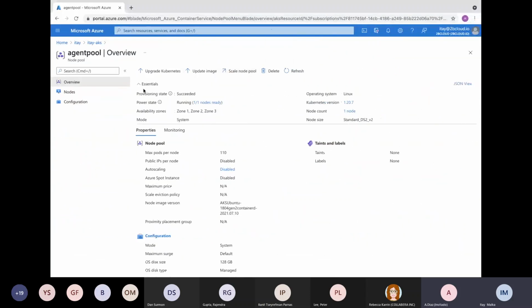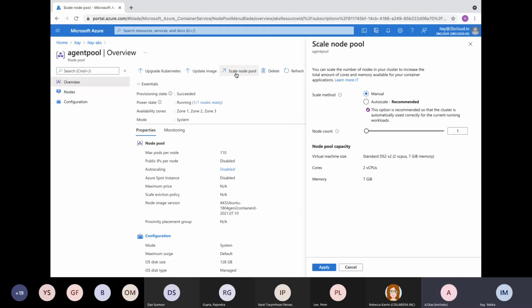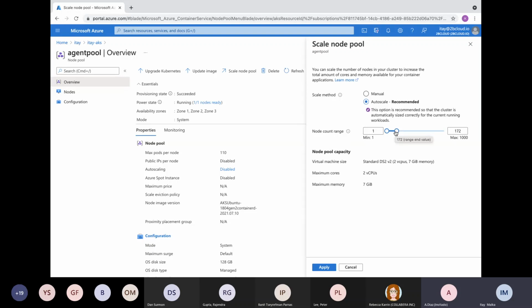So now I want to show you in the Azure portal. I will click again on the scale node pool, and now I want to change to the second scale method. This is the autoscale, which means the cluster autoscaling in AKS in Azure. By enabling this scale method, I can see that I have another option. Now I can limit both scale up and scale down, the number of nodes that will be added to my cluster. So from down, I can limit that I want a minimum of one node in my cluster. This is my requirement, for example, and a maximum of 5 nodes, because